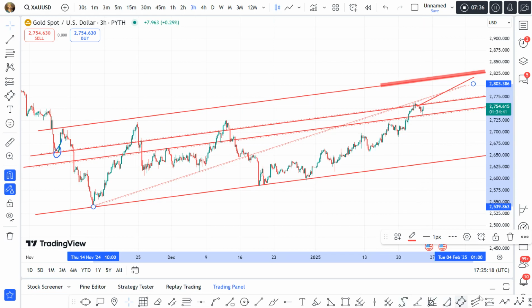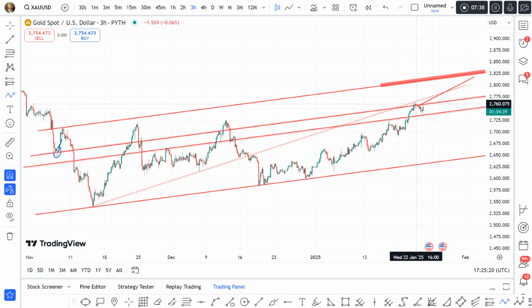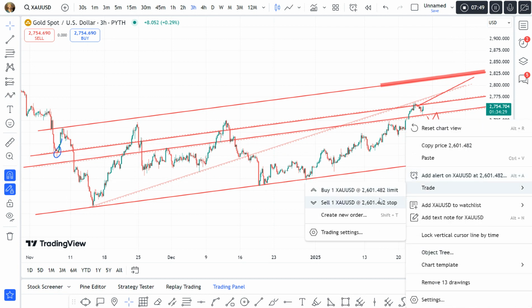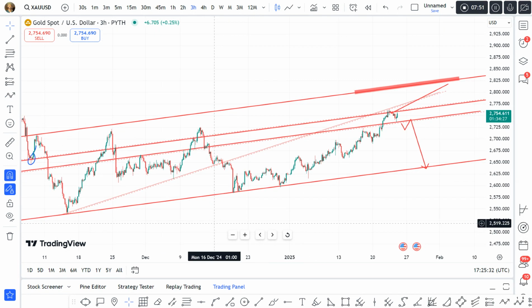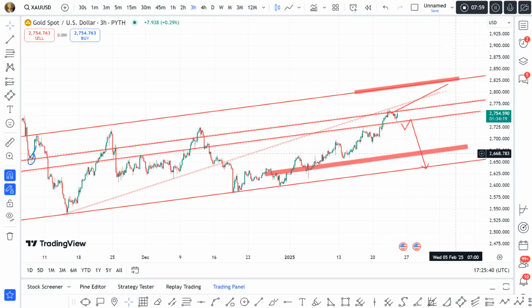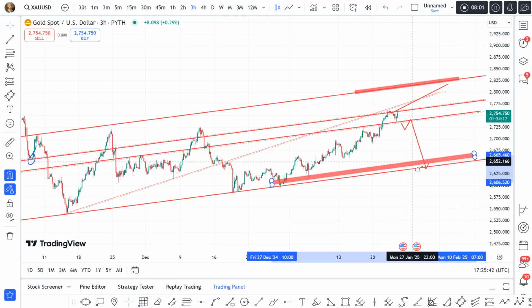But we want to see a case like this where we have a clear breakout, and if that happens, then you see the market come down to this level. This is the next buy opportunity in line with our strategy. So if that happens, then it will be a good opportunity to look for a buy